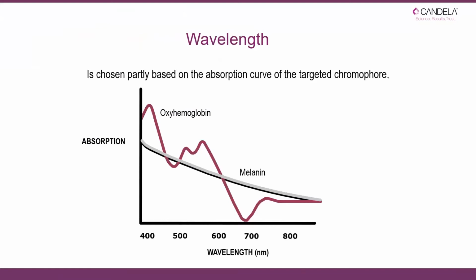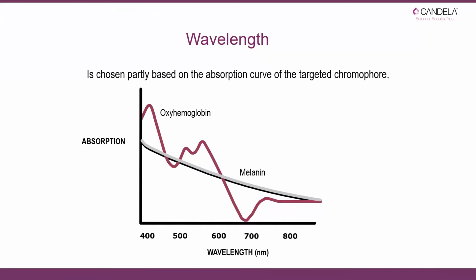So the wavelength, here we have to think about our absorption curve. Various different wavelengths will absorb to a greater or lesser extent into whatever our target chromophore is. And today we're looking obviously at hemoglobin, and in this chart we're actually using oxyhemoglobin. So you can see